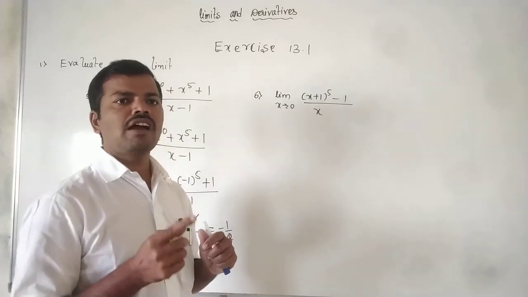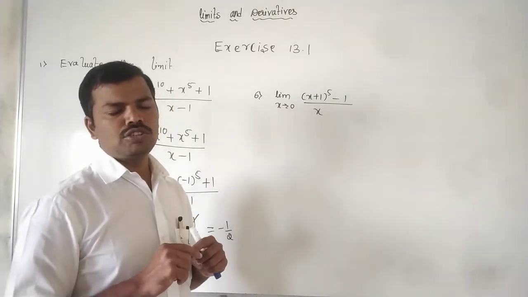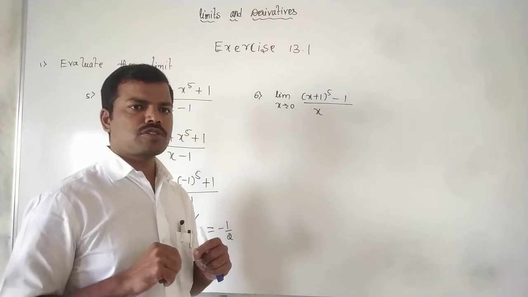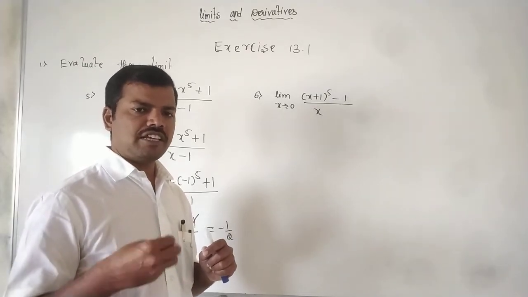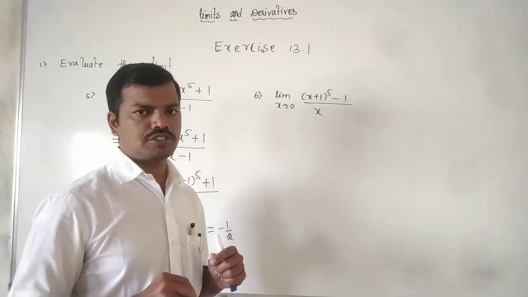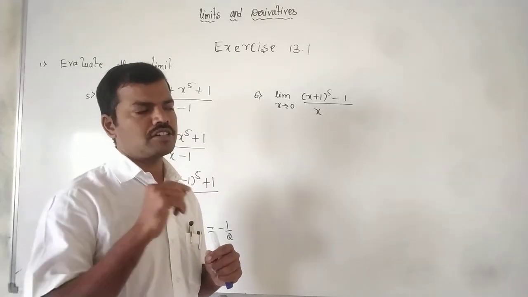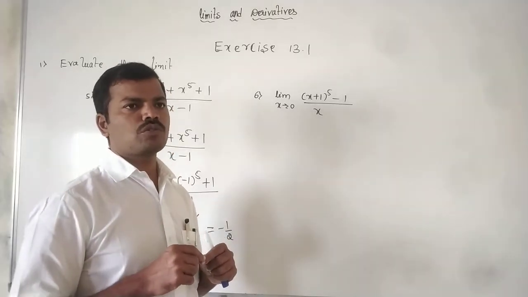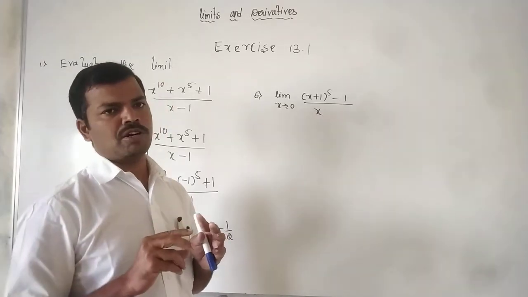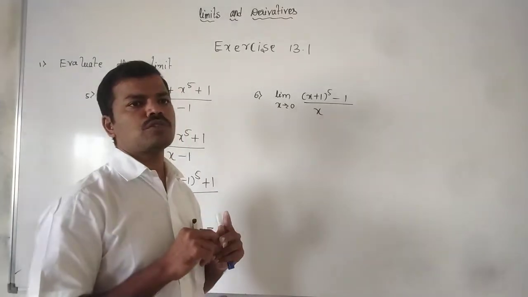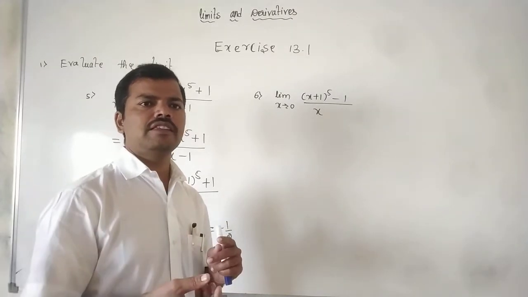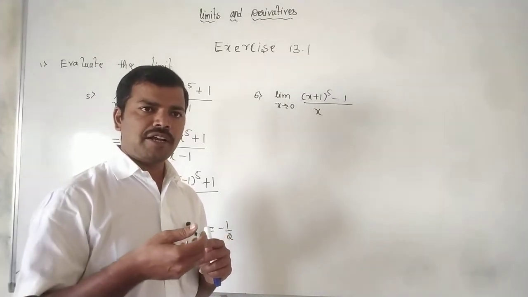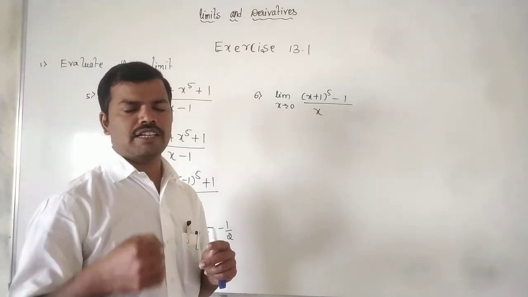How do we get undefined forms? If we get an undefined form, then what do we have to do? Whether there is no solution or we have some solution, we have to search. We have to use an alternative method to evaluate the limit and bring it to an existing form.